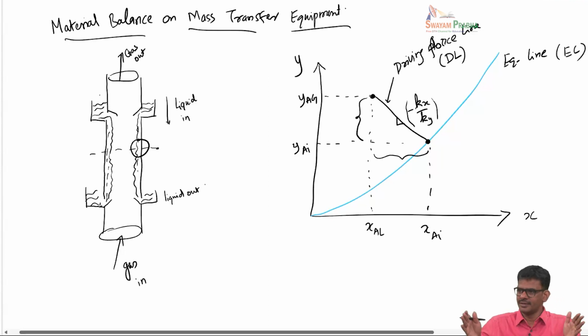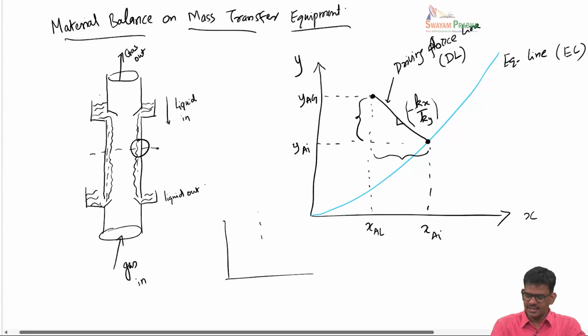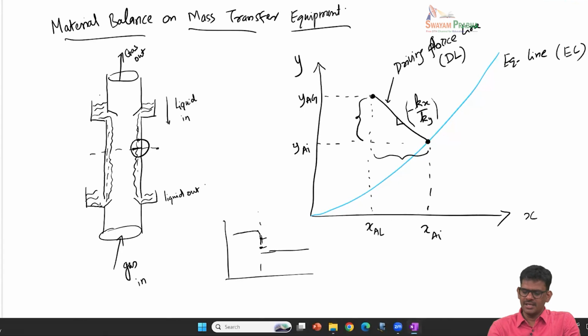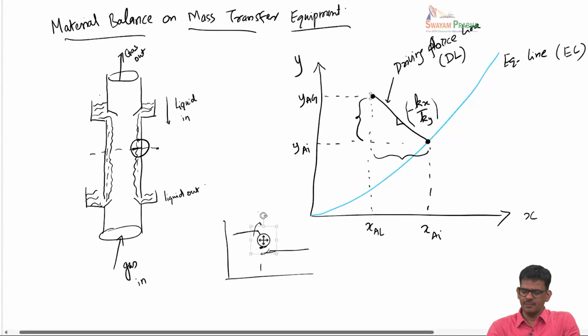If I just zoom in, I showed this interface as a line, and there's a bulk gas phase and then a bulk liquid phase, and there is a drop in the concentration corresponding to the equilibrium concentration. So if you zoom into this particular location here, you will see an interface between the gas and liquid. And if you go to molecular level, you will see that the concentrations are bulk, and then near the interface there will be a